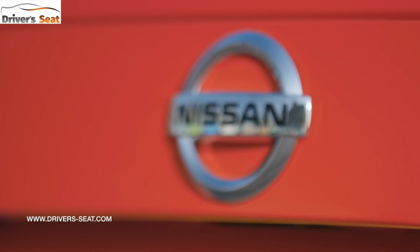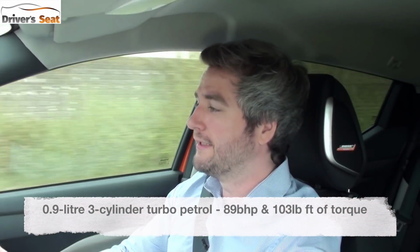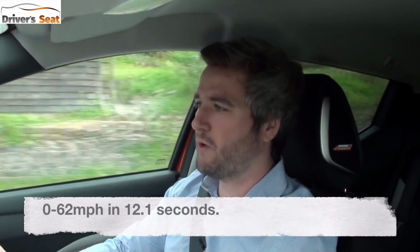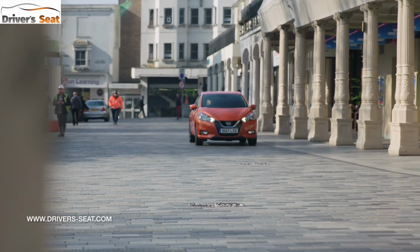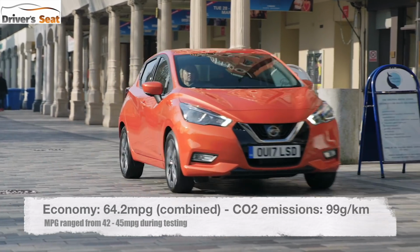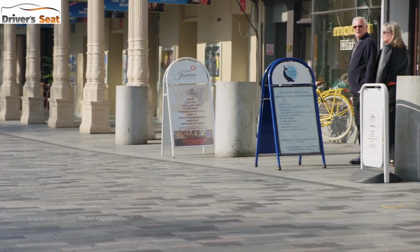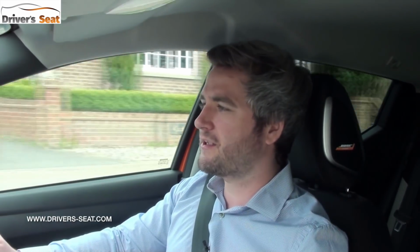So this 0.9 litre develops 89 brake horsepower and 103 pound-feet of torque. That's enough to get it from 0 to 62 in 12.1 seconds. With 15 or 16-inch alloys on, this engine will return 64.2 miles per gallon and emit 99 grams per kilometre of CO2. The gear shift has a light fluid motion, which is a pleasure, and the clutch is a medium